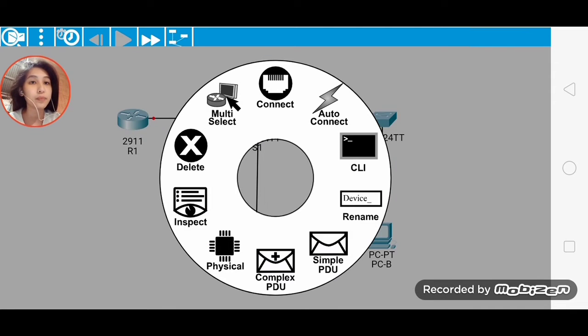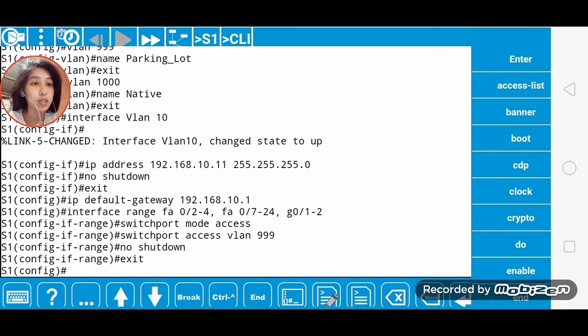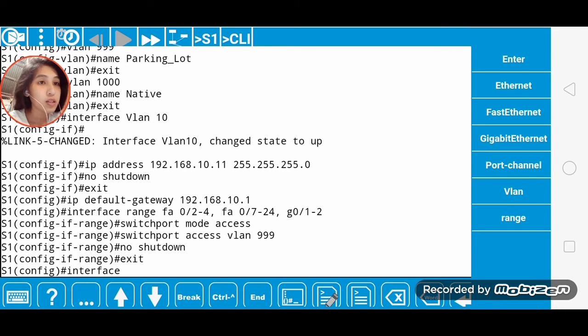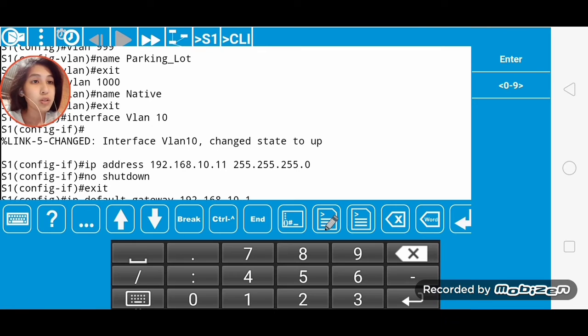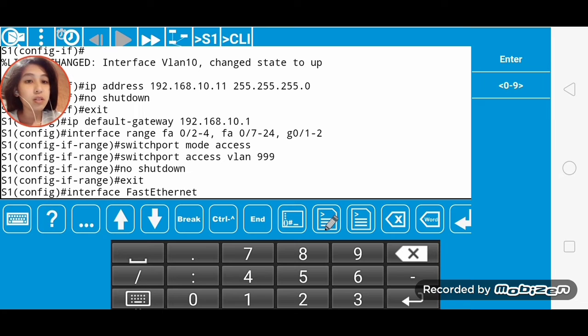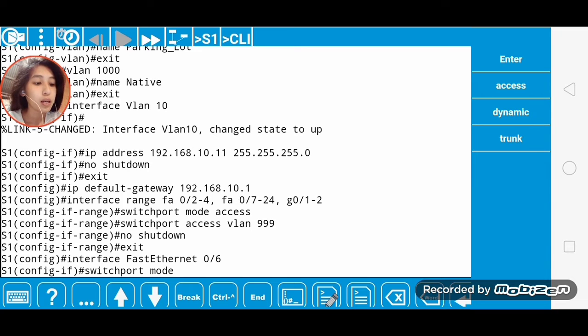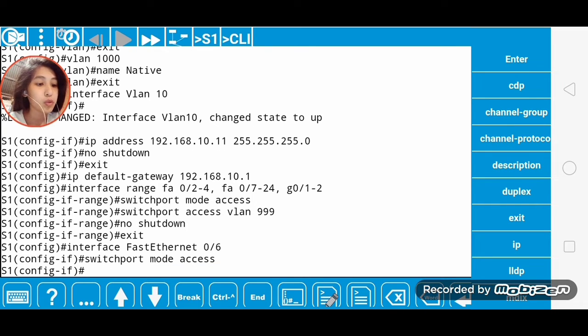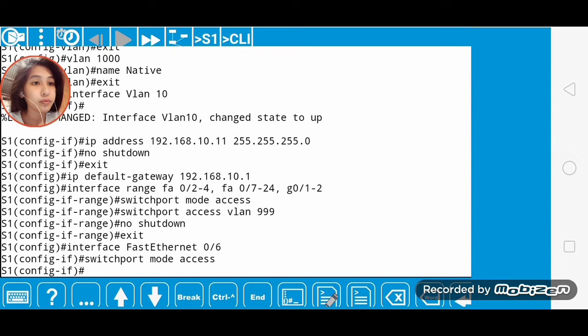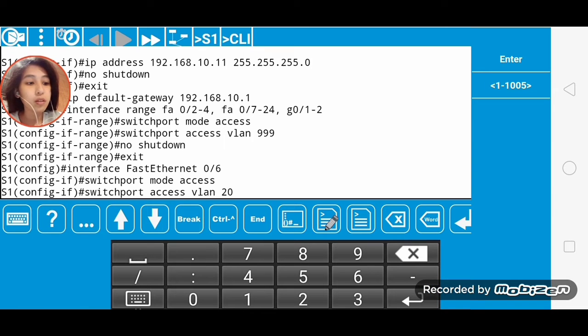So let's go to switch 1 and let's go to the interface FastEthernet 0/6, enter. Switchport mode as access, enter, and switchport access VLAN. So the FastEthernet 0/6 is VLAN 20. Okay,